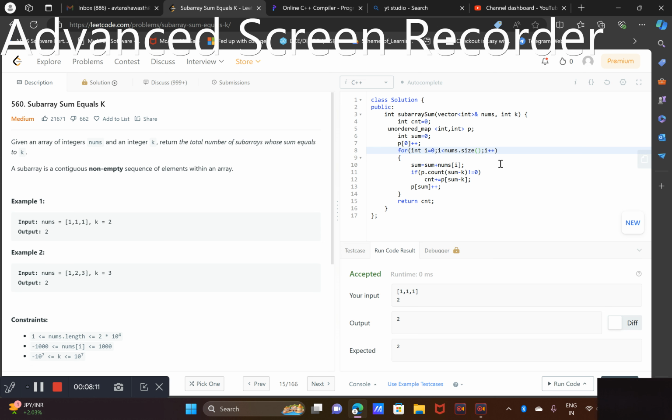So basically what are we doing: we are making an unordered map p to store every prefix sum, meaning every prefix sum from the start, and I'm also making a sum variable to store the prefix sum. Firstly we'll initialize the sum as 0, because in the first case the sum is always 0, as for the sliding window starting from the beginning. So sum is 0, and here I'm going to loop over the nums size,